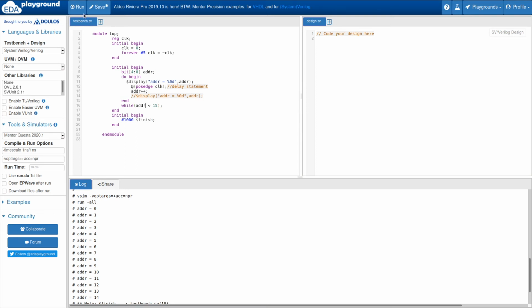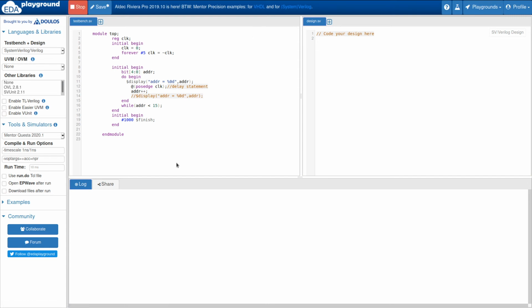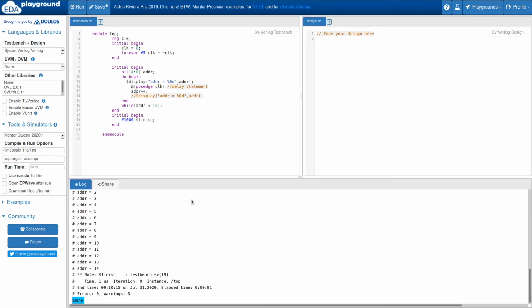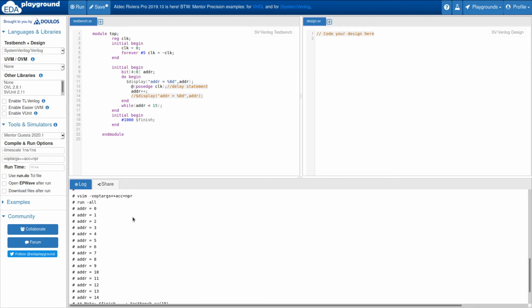Now let's run the code. Again this is the same, 0 to 14. So there are only very minor differences between a do while and a while loop. As we can see, only some syntax is changed over here, right.